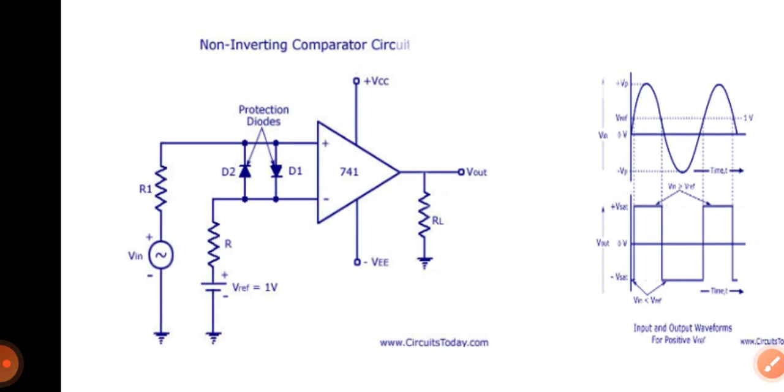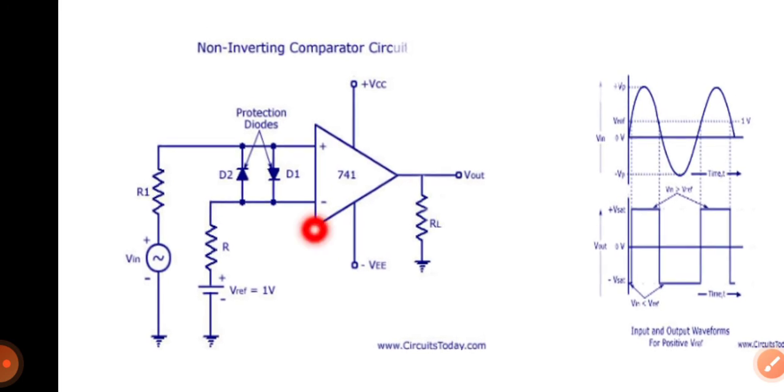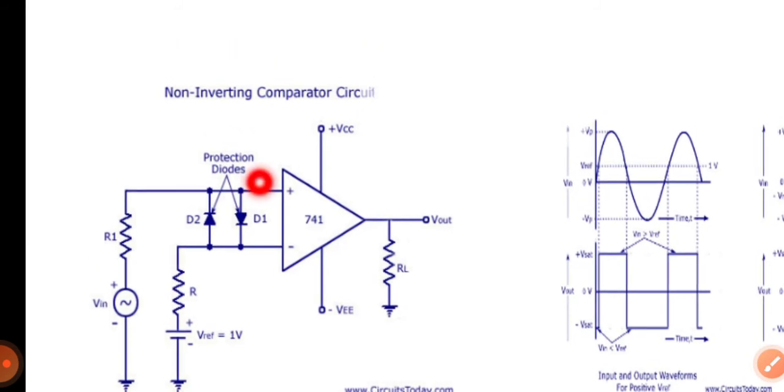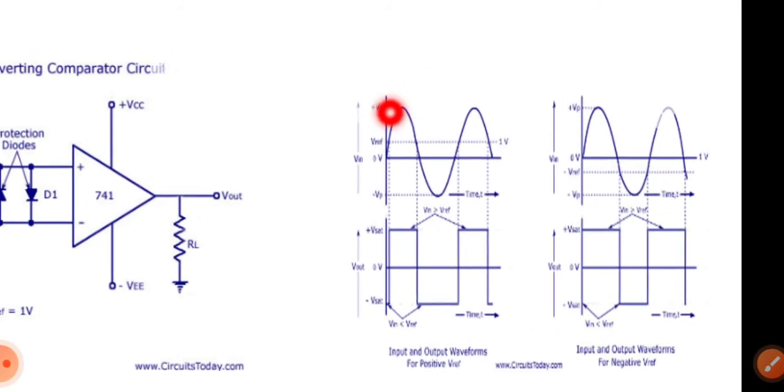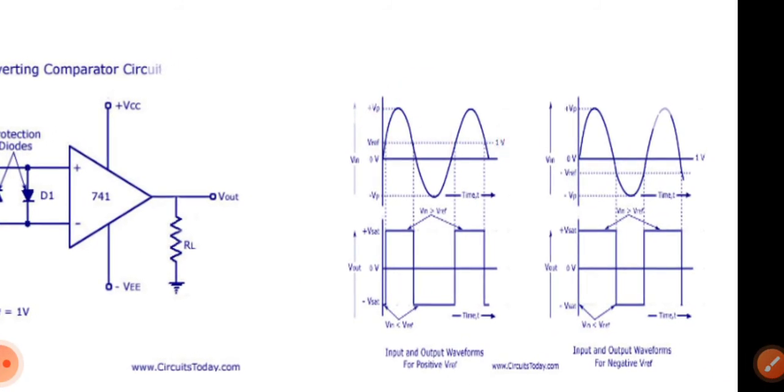Once again, I am going to explain this circuit. This is a non-inverting circuit. Vin is connected to the non-inverting terminal. DC is connected to the inverting terminal. These two diodes are used to protect the op-amp. These diodes we can call clamped diodes. Clamping means they cut it here like that. That is a clamp. If the diode drop is 0.7 volt or minus 0.7 volt, the clamping level is minus 0.7 and plus 0.7. Cut at that point, and it is V peak.